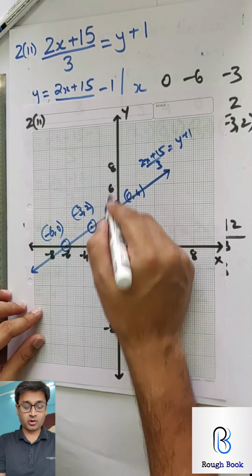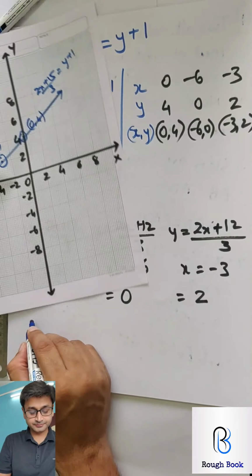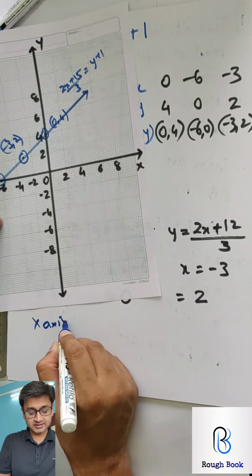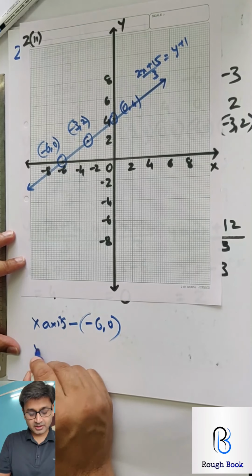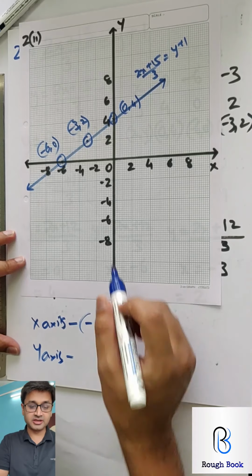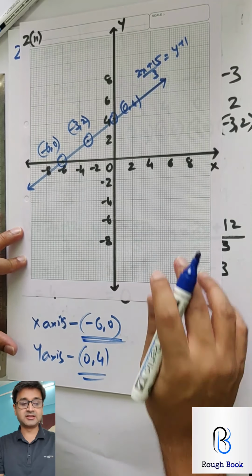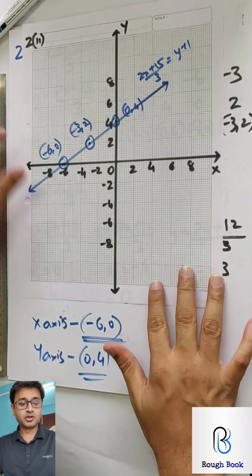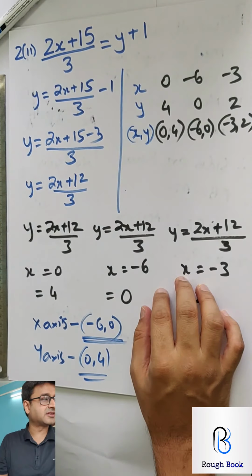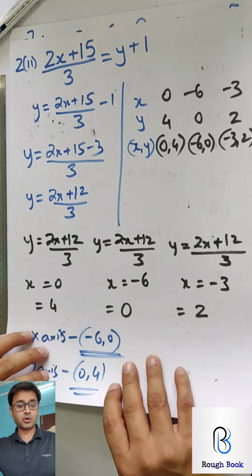Now where is it hitting the coordinate axis? On the x-axis, minus 6, 0. So right here. On the x-axis, minus 6 comma 0, and on the y-axis, come on, give me the answer, 0 comma 4. So we got both the answers straight away. How many managed to get this? Brilliant. You will get most of the sums in this exercise, nothing great. I am pretty confident about it, so don't worry. Let's go with the next one.